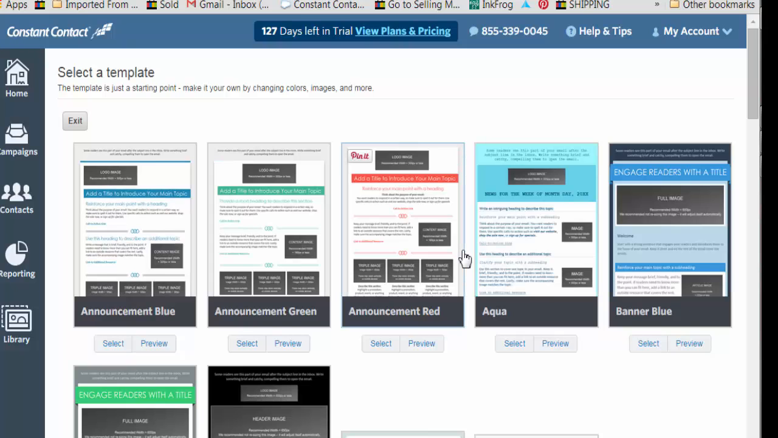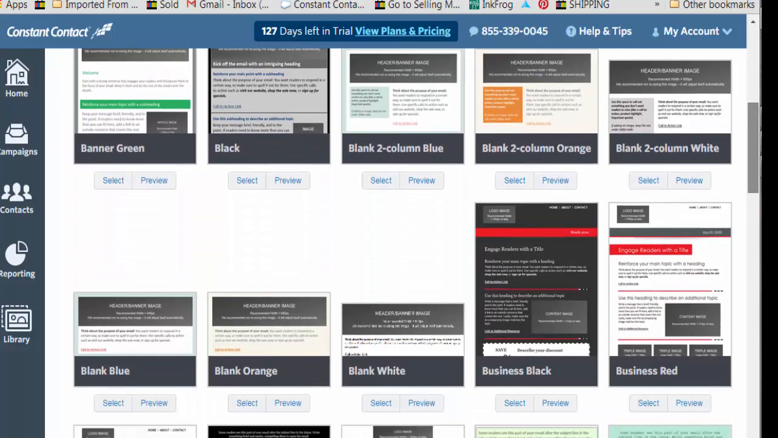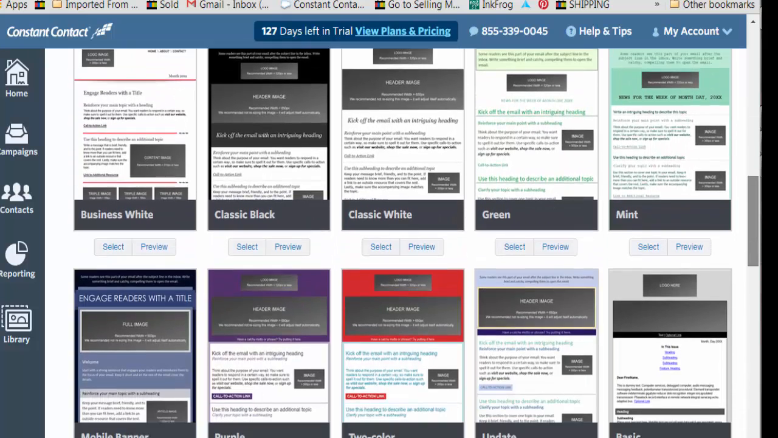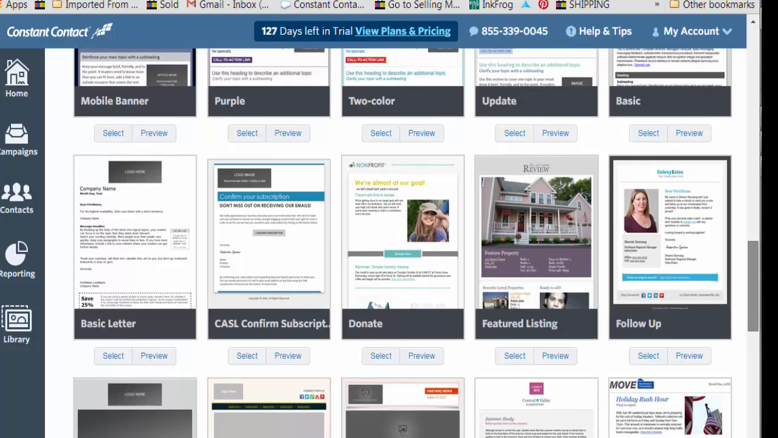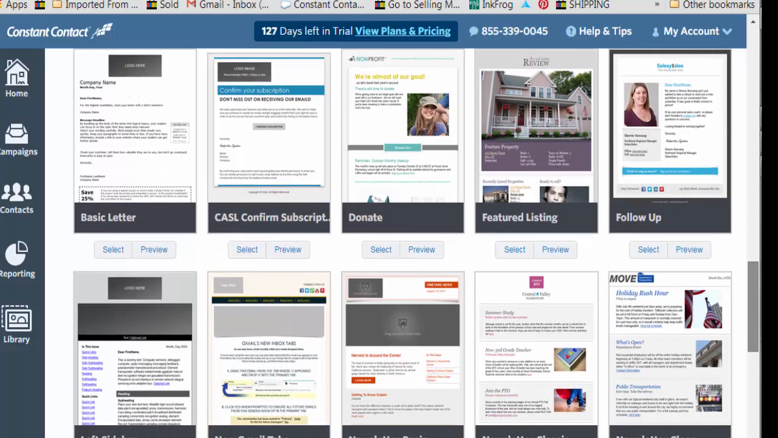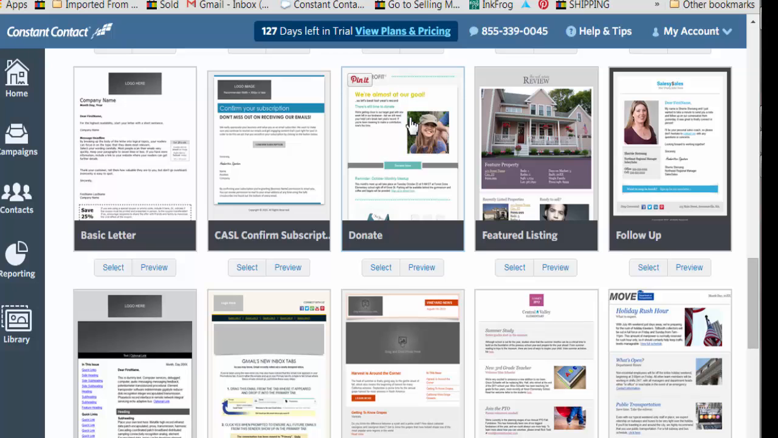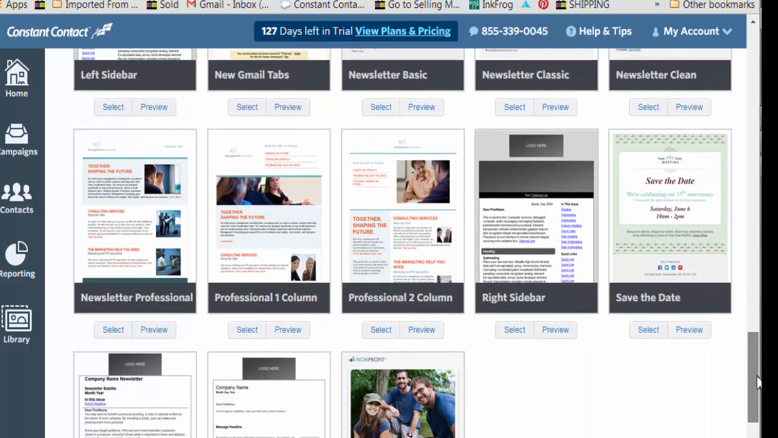Now the first thing you'll see are all of these awesome templates that Constant Contact has to offer. The list goes on with all kinds of shapes and sizes and designs and colors. You can change colors. So I suggest that you look at the different styles of templates, and then you can pick and choose which one you feel will work with whatever kind of thing you are sending out. There are even specific ones for donations. You can see there are perfect ones for realtors. All kinds of